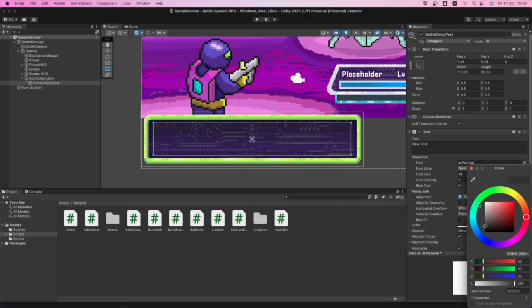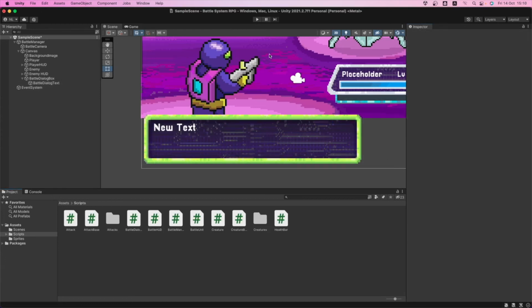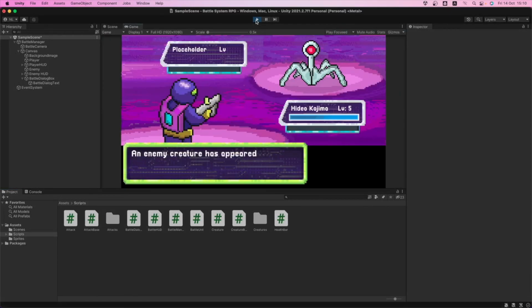We're going to go into the color and put white, and we're going to say the size is 26. We'll try with 26, and if we need to change it, we'll do it later. So now we're going to push play again and see our message. Let's push play. Let's wait, and there it is. An enemy creature has appeared.